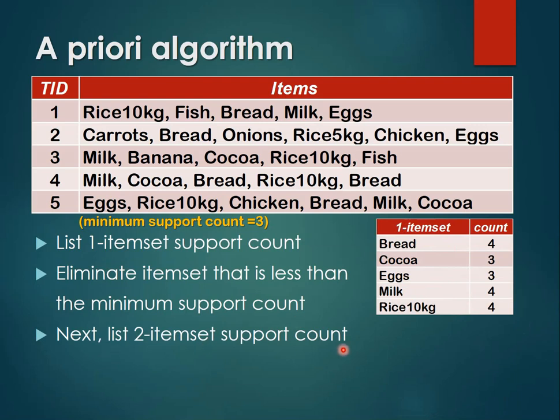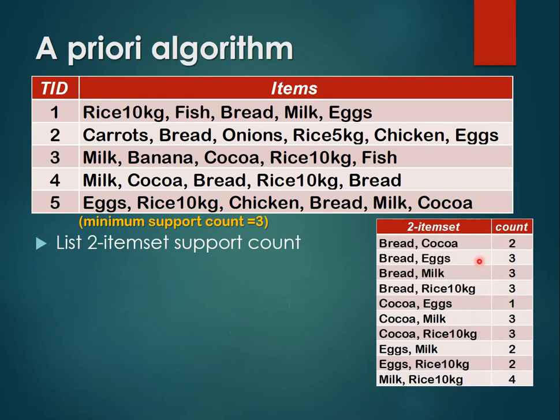two-item set support counts. How do we find the two-item set support count? We'll make possible combinations of these one-item sets. So we have bread cocoa, bread eggs, bread milk, bread rice 10 kg, and the list goes on. Cocoa eggs, cocoa milk, cocoa rice 10 kg. So these are the possible combinations of two-item sets based on the one-item sets that we have previously